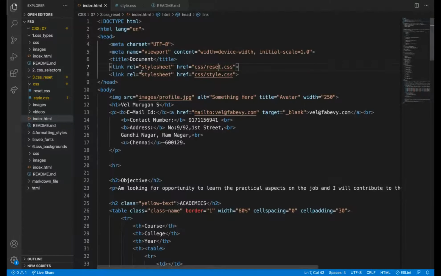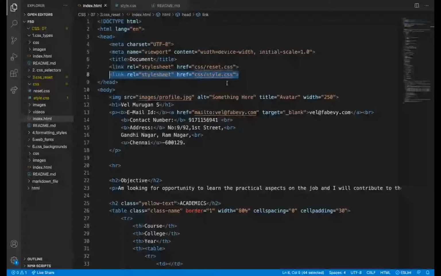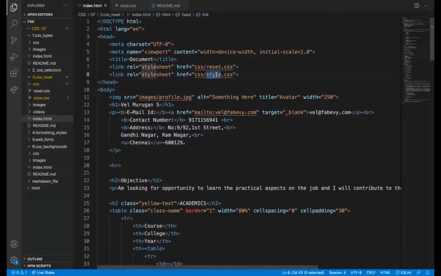The reset style will get applied, and then again my styles will override it. So for all the projects hereafter, we will add the reset file at the top, and next we will add the style.css file below it. So only our style will get reflected, not the one from the user agent.